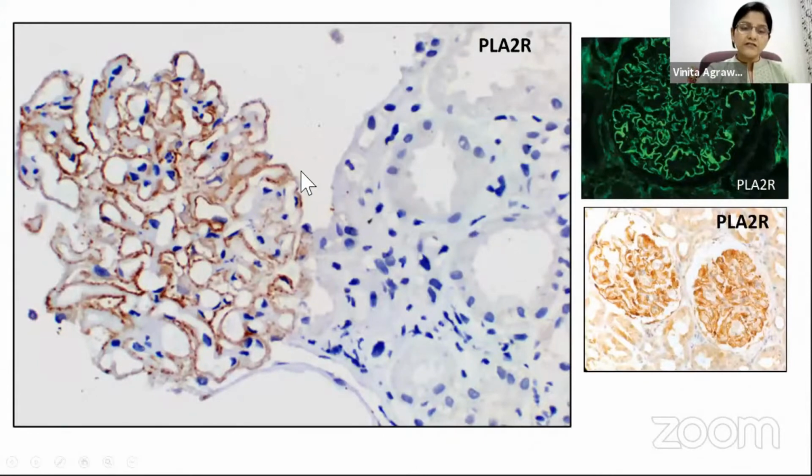Once you have done a staining for PLA2R, it is important that it be interpreted properly. We know that PLA2R is an antigen which is normally present in the podocyte cell cytoplasm and the membranes. So the pattern of staining can be very diffuse and non-specific in many of the glomerular diseases. However, in PLA2R associated membranous nephropathy, the staining is typically granular along the glomerular basement membrane. PLA2R staining can also be done by immunofluorescence, where again paraffin embedded tissue is used.